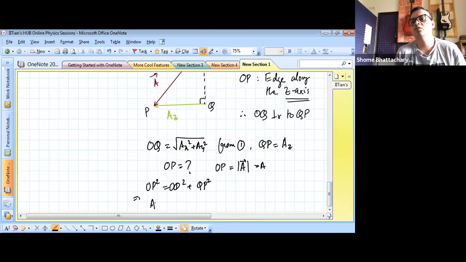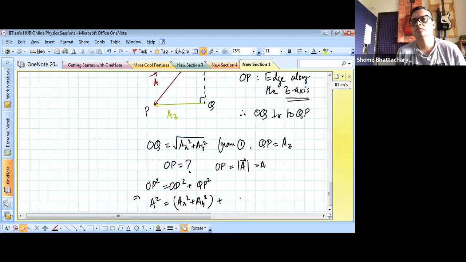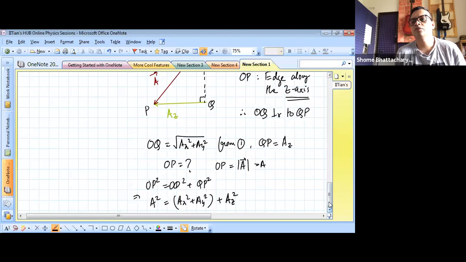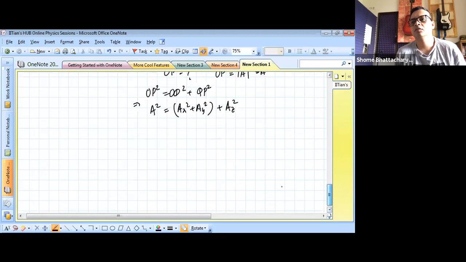So E square should be equal to AX square plus AY square plus AZ square. So therefore you have your final relation: the magnitude of the vector E, which is capital E over here, is root of